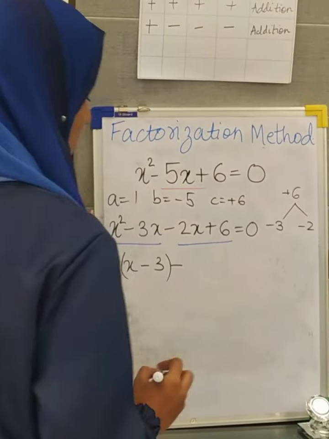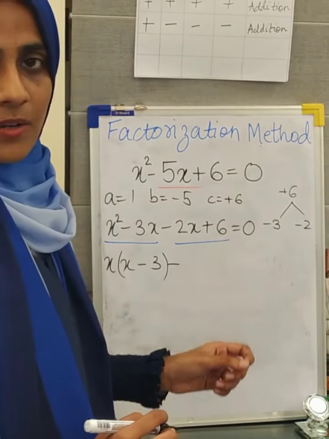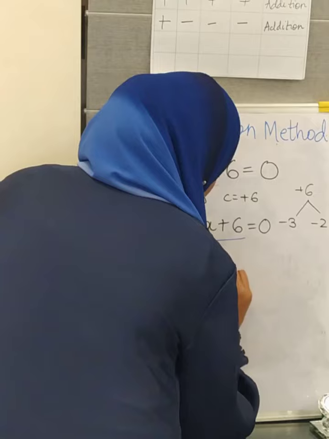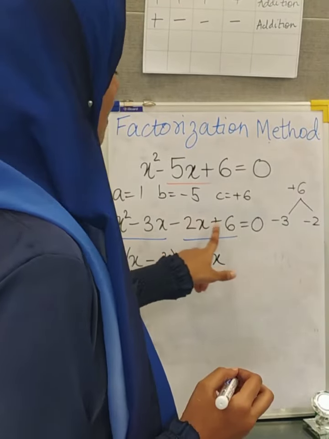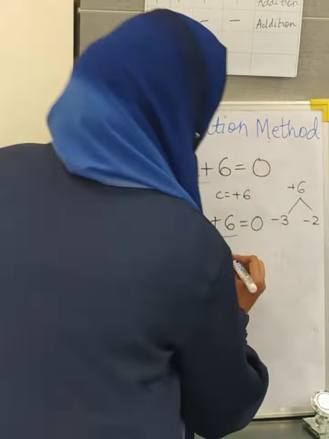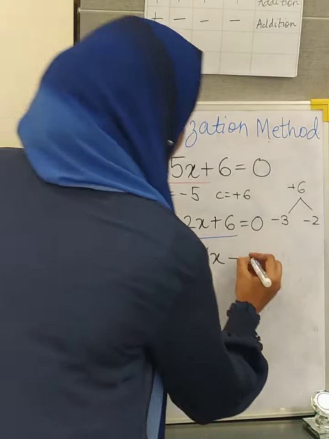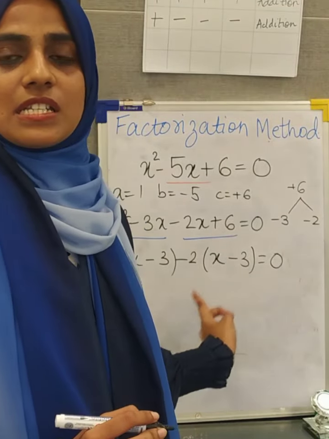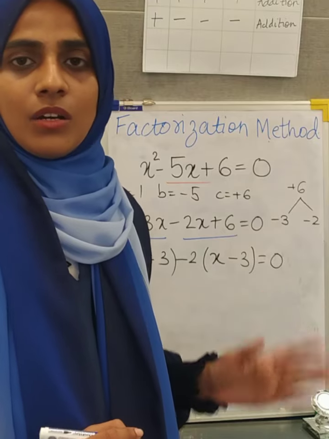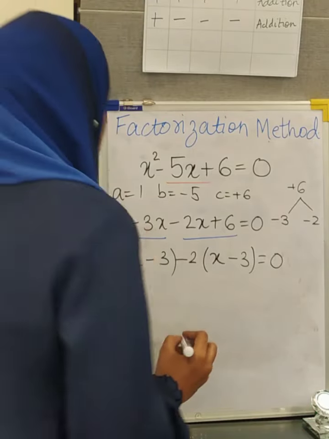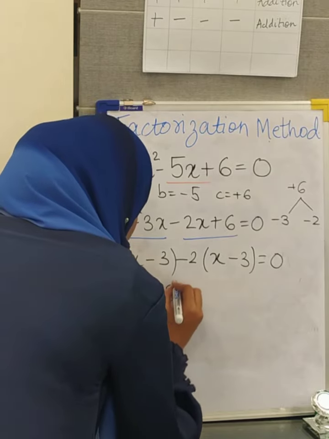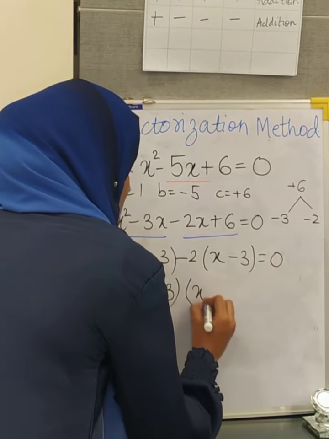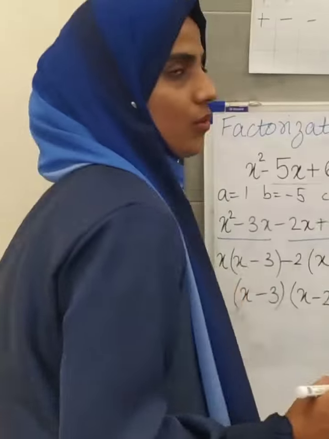Now the minus sign stays as it is in minus 2x plus 6. So 6 basically is 3 multiplied by 2. So the common will be minus 2, leaving x minus 3. Now minus times minus 3 becomes plus 6. Look, both the brackets have the same terms and the same sign, that is, we are going right. Now since both are the same inside the bracket, we will write x minus 3 once, and then in the other bracket we will get x minus 2, is equal to 0.